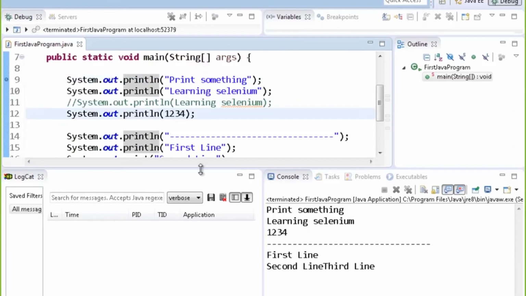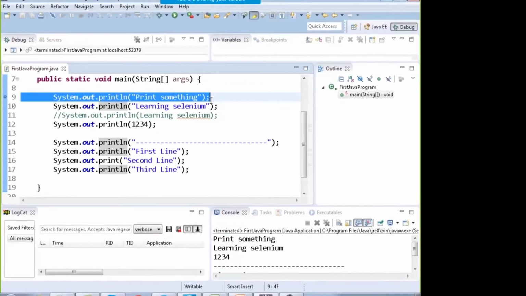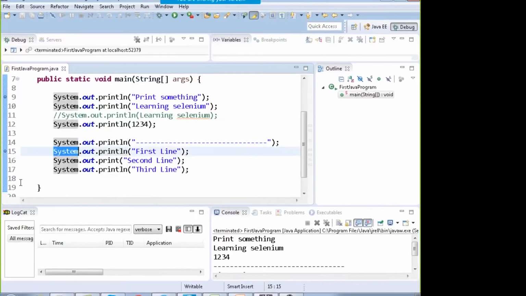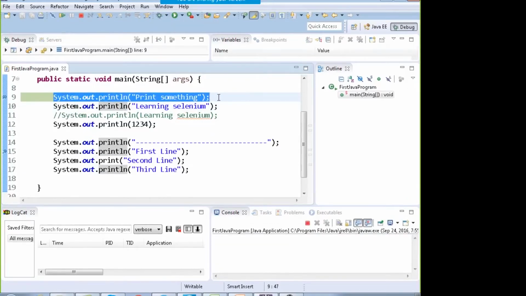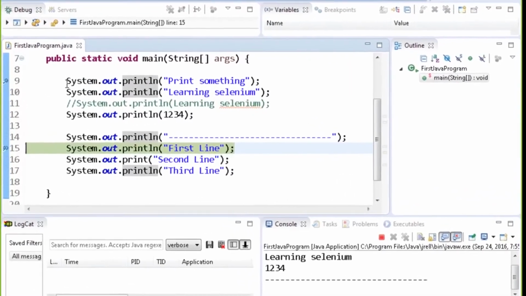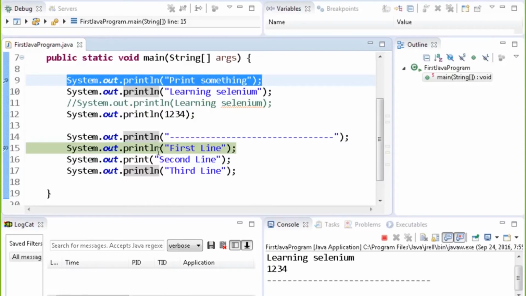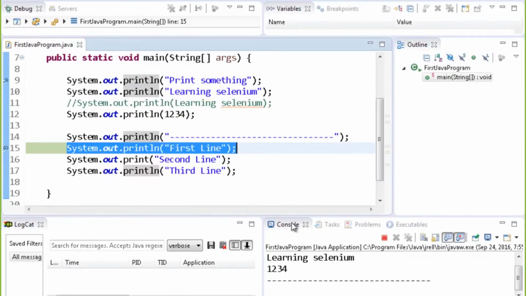You can also put multiple debug breakpoints. For example, I can put a breakpoint on line number 9 and I can also put it on line number 15. And when I run it, I click on the debug icon. So control will stop on line number 9. If I hit F6, it will run line by line. And if I hit F8, it will run normally and it will stop on the next breakpoint. So there were two breakpoints over here, on line numbers 9 and 15. So if I hit F8 on line number 9, it runs regularly and stops on line number 15. So this is debugging. If I hit F8 again, it runs normally.